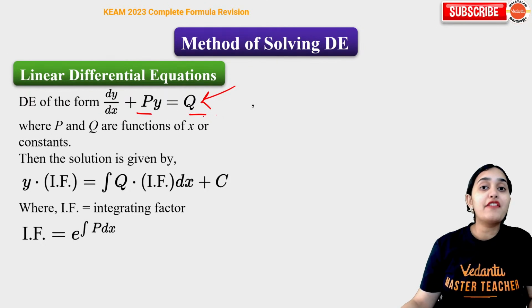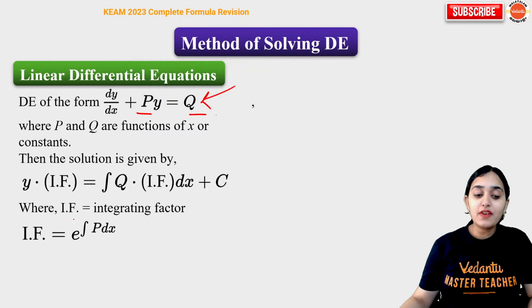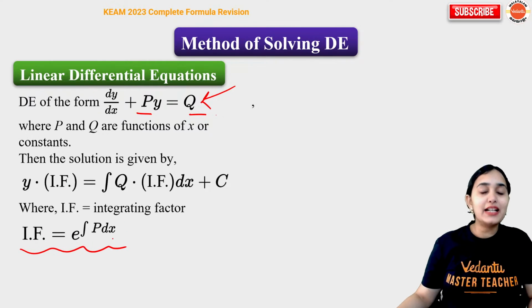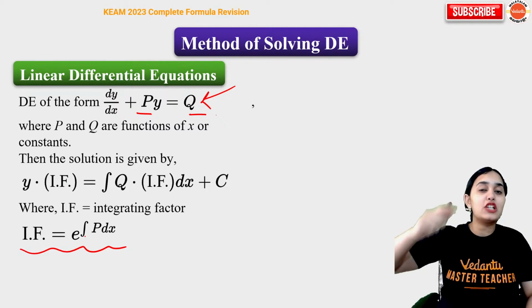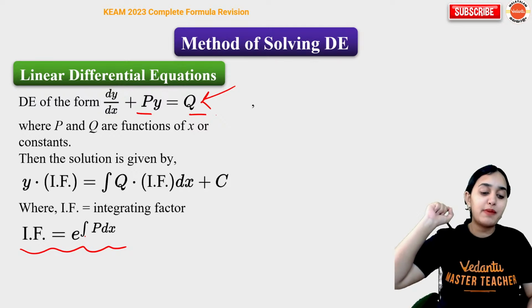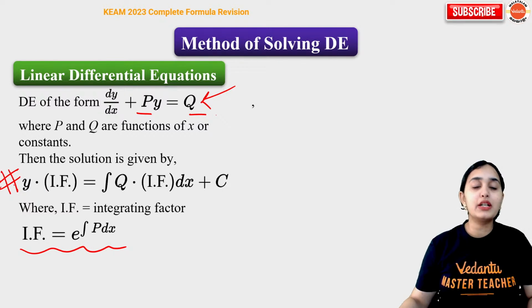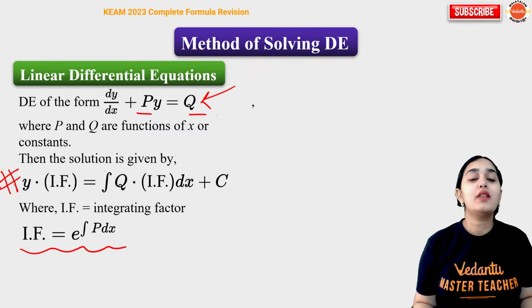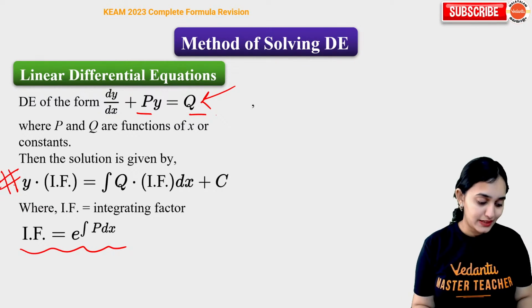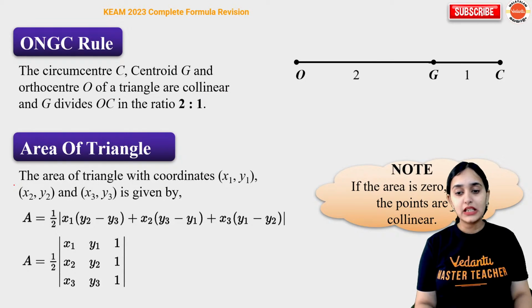where p and q are functions of x. For this we find the integrating factor. Integrating factor is e to the power integration of p function with respect to dx. Then after finding the integrating factor, we put it in the equation to get our differential equation. Okay. Next,